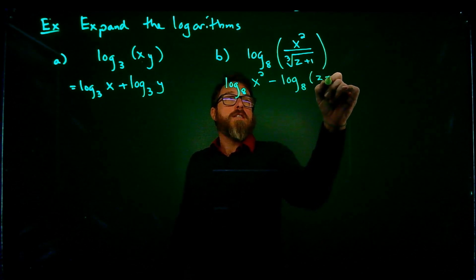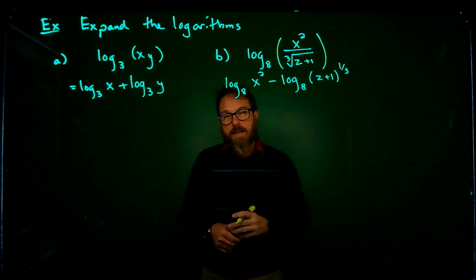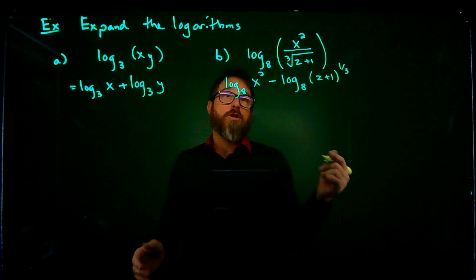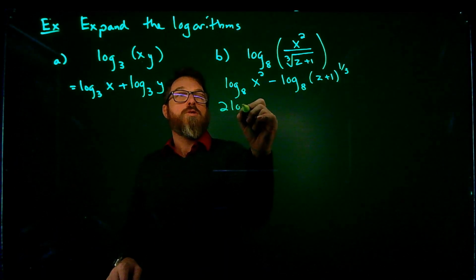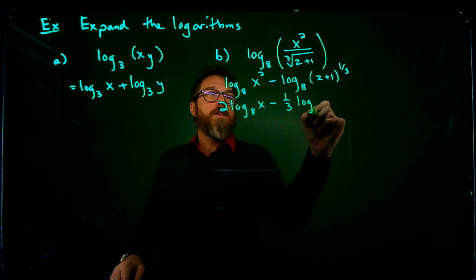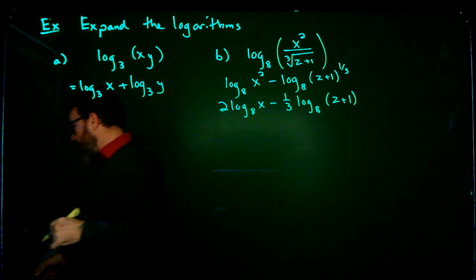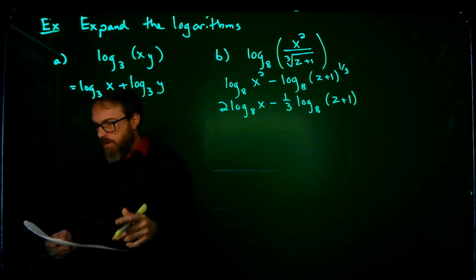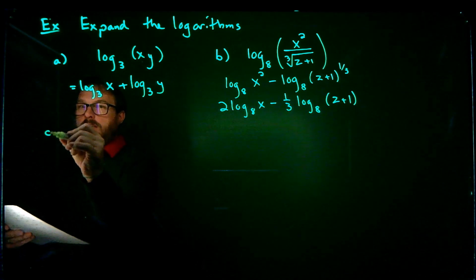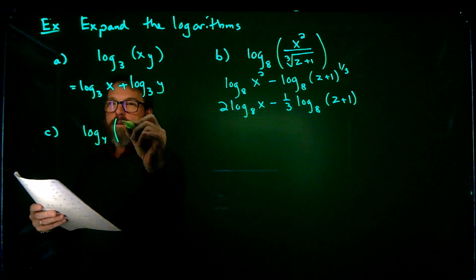Let's write this as a z plus 1 to the 1/3 power, because that's what cube root means. Now the last step I can do is if they have powers, you can turn them into a coefficient. So this is 2 log base 8 of x minus 1/3 times the log base 8 of z plus 1. And then our last example for this is going to be C. What about the log base 4 of